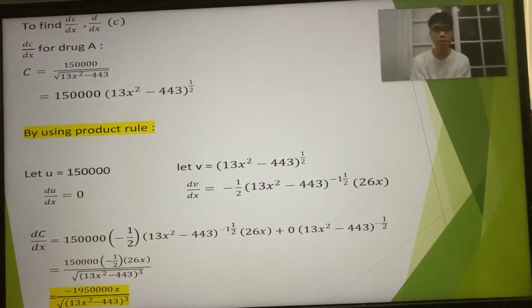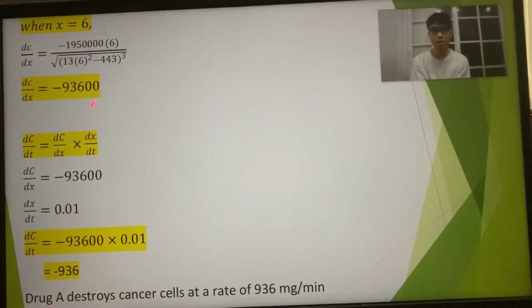We'll differentiate c for drug A by the product rule, and after obtaining the expression for dc over dx, we will substitute x equals 6 so that we can find the value of dc over dx when x equals 6, and we'll get minus 93,600. We need to find dc over dt, which is the rate of cancer cells being destroyed per minute. So we'll multiply dc over dx and dx over dt to obtain it, and we'll get minus 936